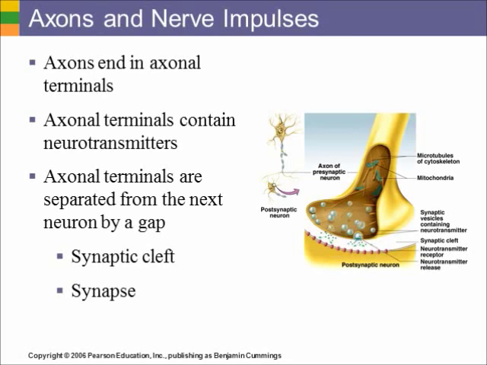When they bind, they transfer the impulse to the next nerve cell. That's why I always tell my classes it is a chemoelectrical stimulus. Yes, it is involving a change in ions